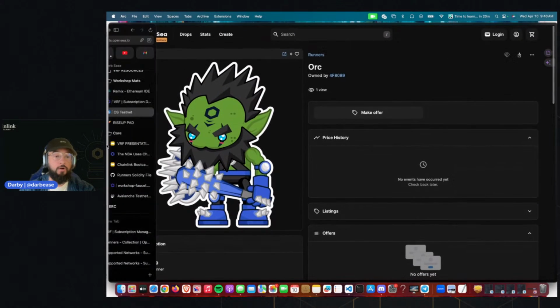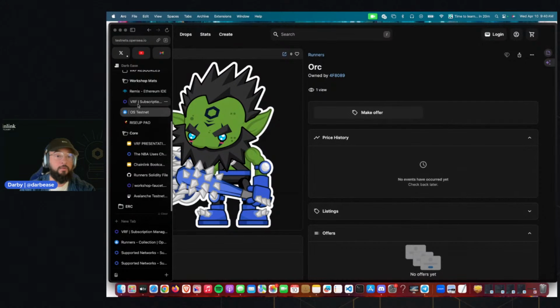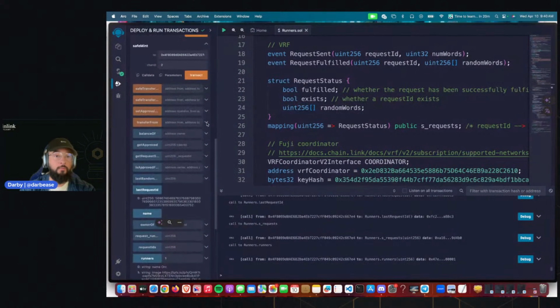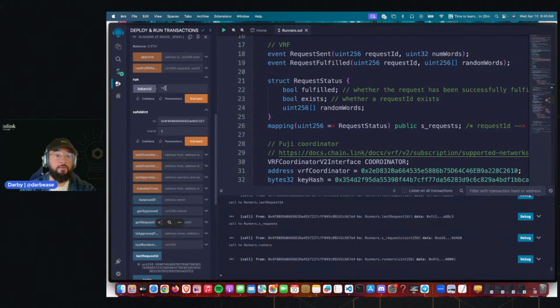All right. So then the next thing, we're going to go back to our remix and we're going to run a second round. So this one is fairly simple. We have all the pieces to the puzzle already populated. So what we need to do is go to our run function, go to our token ID, make it 0 again, because I want to update